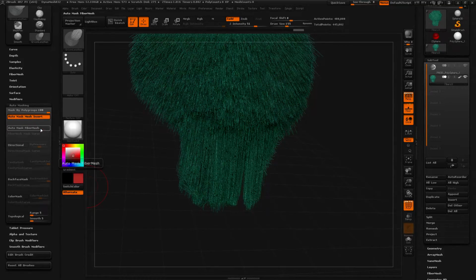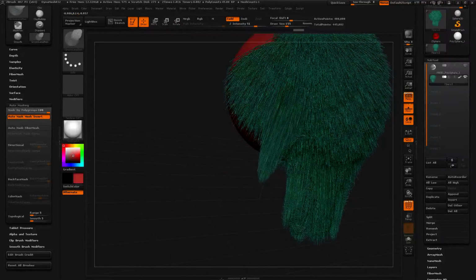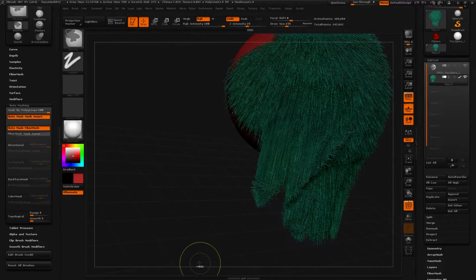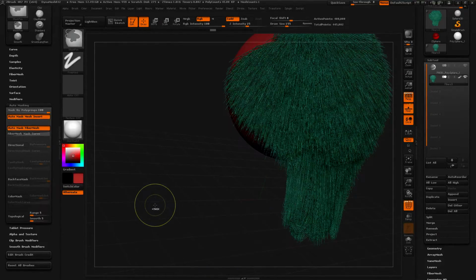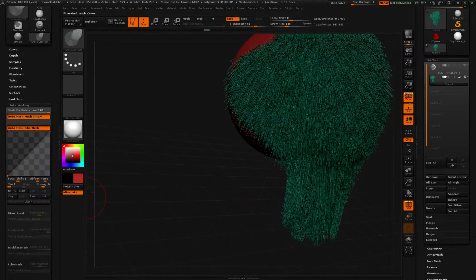Now, if we turn this off, let's see what happens. Hard to visualize. Control Z. Okay, turn it back on, and then adjust the Fibermesh curve right here. This is 0 to full intensity. So if we make this smaller,